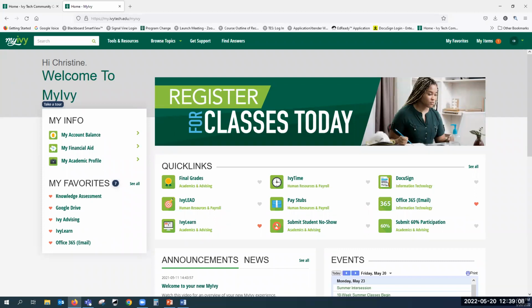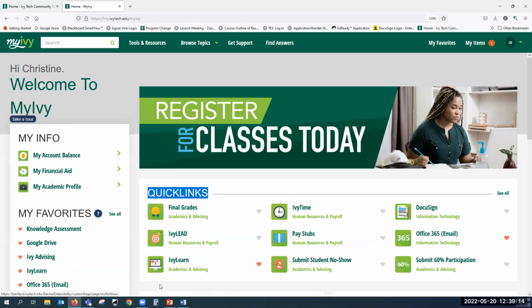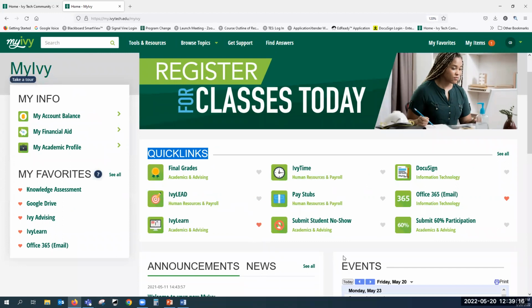As a participant, both of these should be listed in this middle quick links section. Again, it is not on mine because mine is mostly staff. Okay, so they should be listed in this quick links section. However, if you do not see them in your quick links section, you can either search for it up here